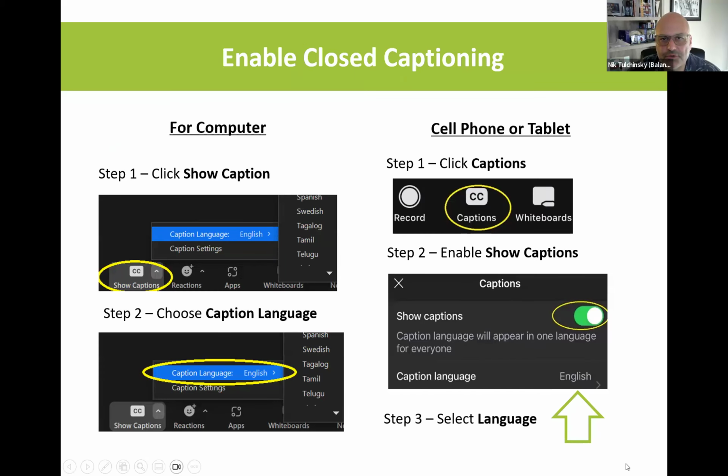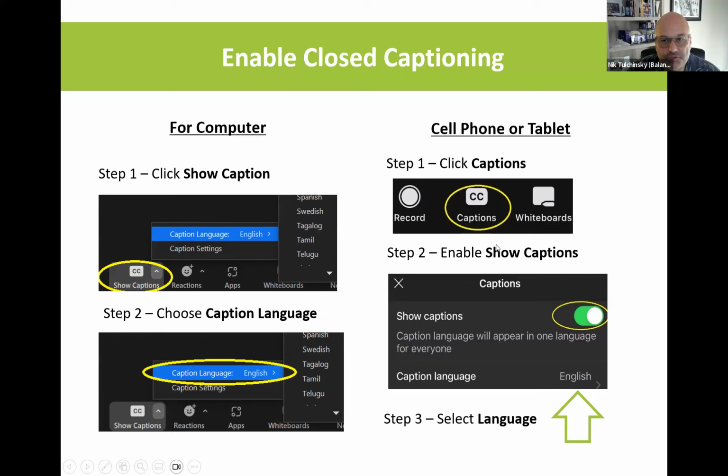To enable closed captioning, for those of you that are interested, we have this slide to show you how to do that. On a computer, click on Show Caption, and then choose the language that you prefer.